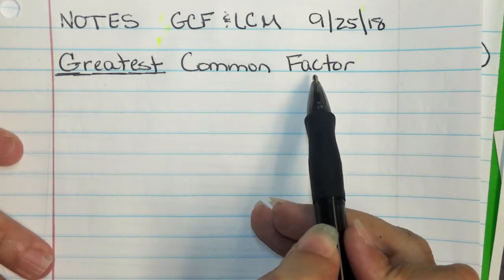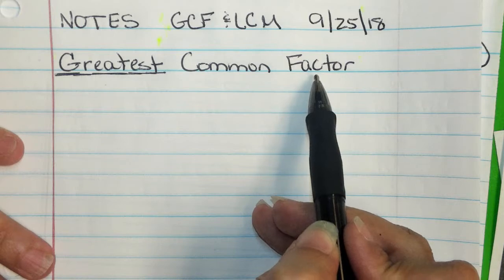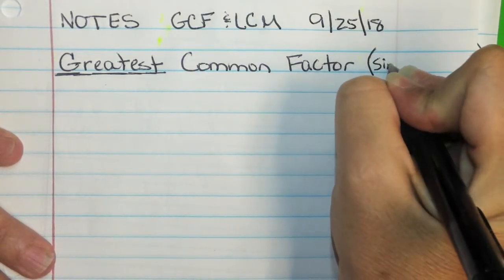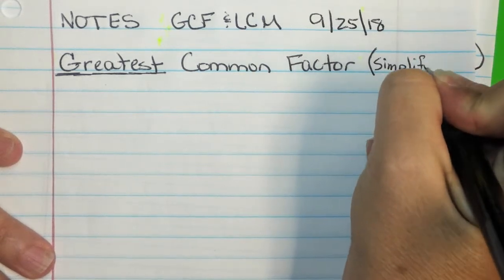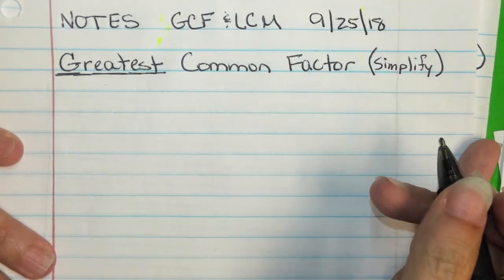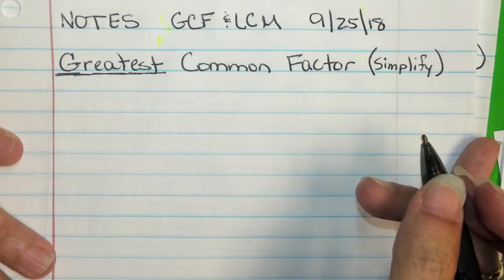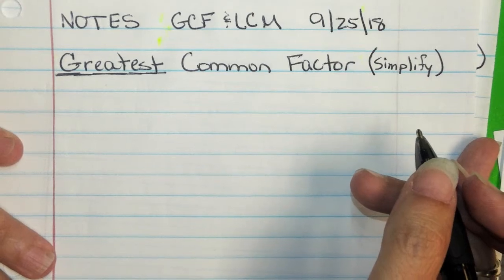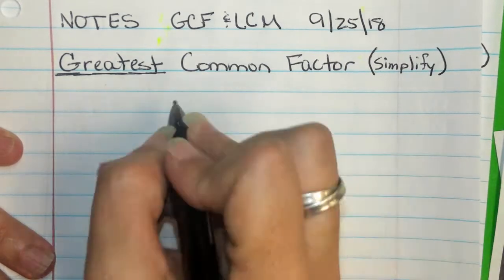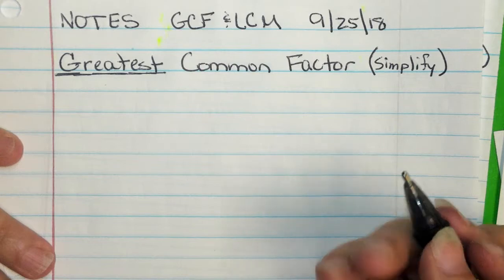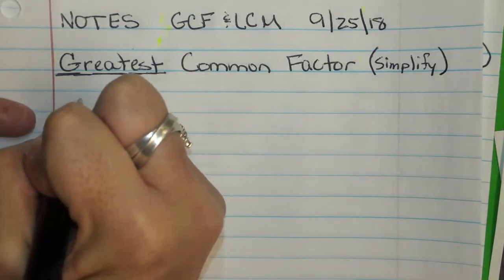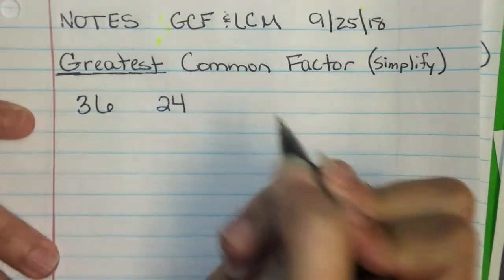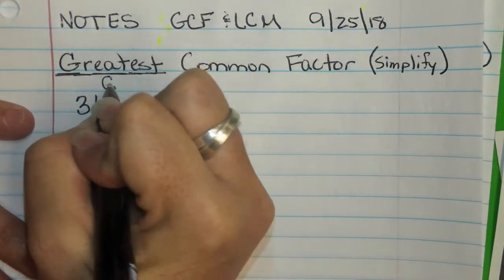Okay. Now, we use GCF, or greatest common factor, for simplifying, if you're kind of wondering why we do this. When we simplify, we should use the GCF. Okay, so that's just a hint of why we do it. Now, let's say you have the numbers 36 and 24. So to find the GCF,